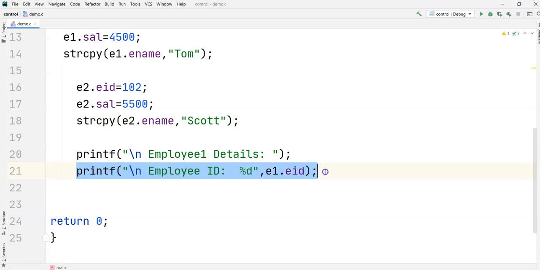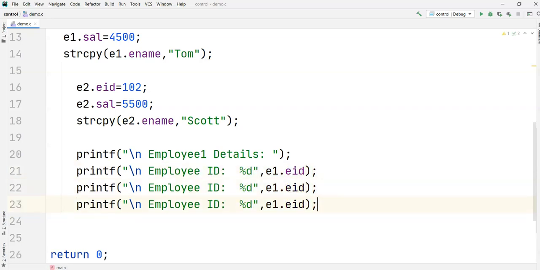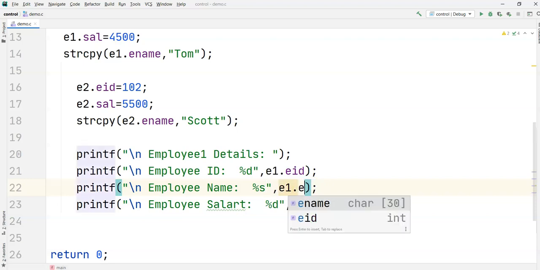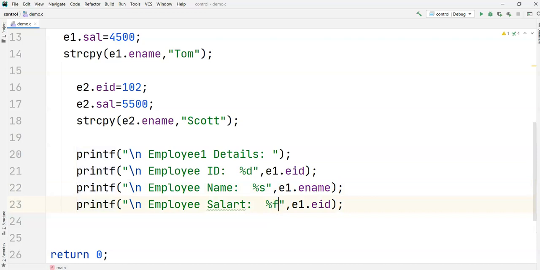Similarly, I need to call the employee name and employee salary. So I'll say employee name, employee salary. To print the name, we use percent s with the ename. To print the salary, I'll use percent f with E1 dot salary.